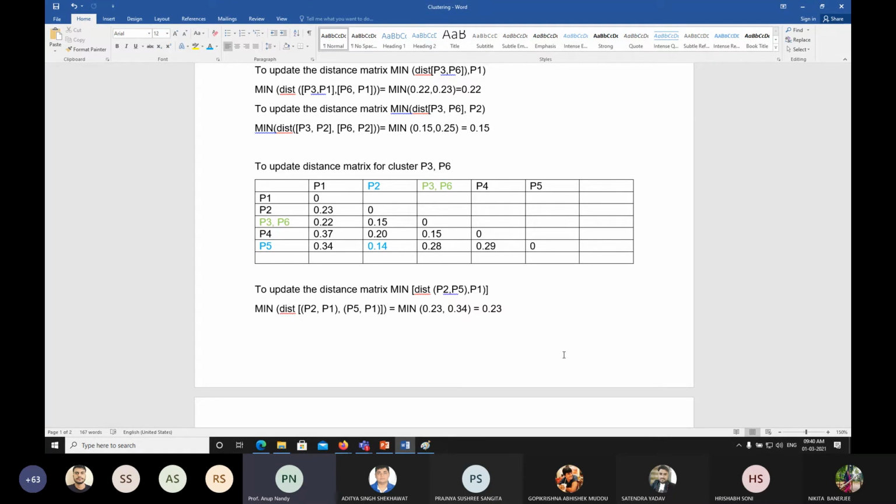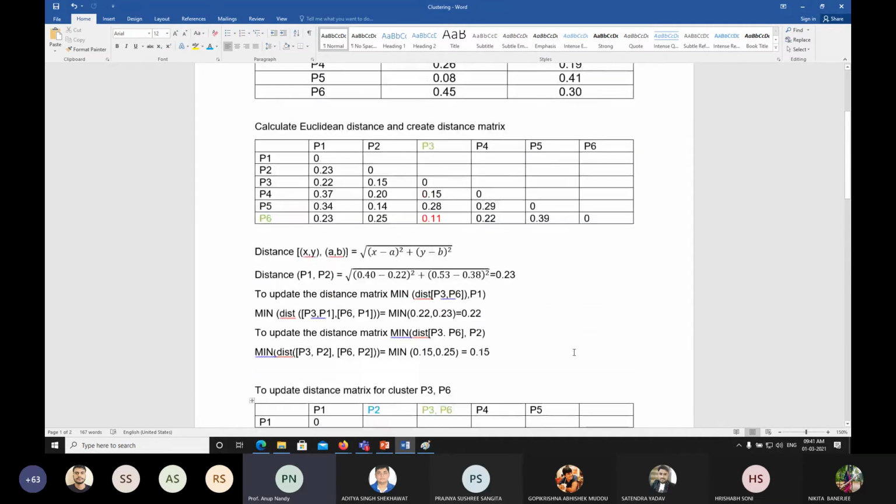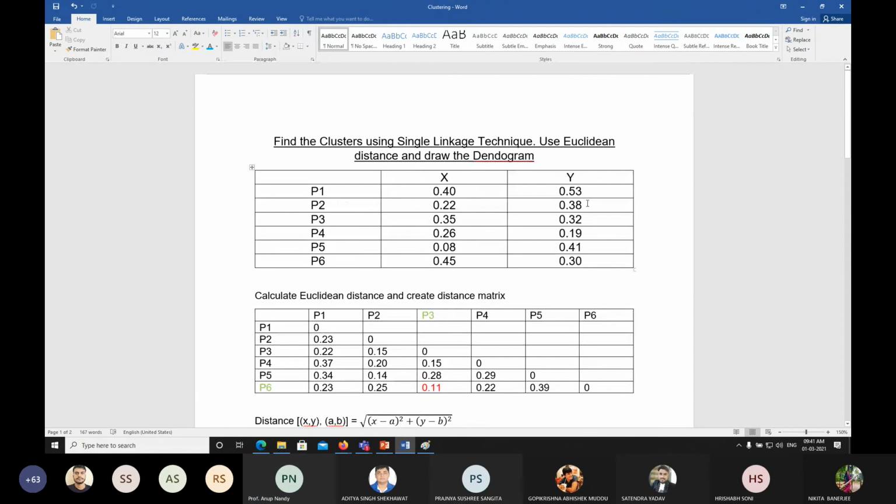And in this lab, Julita will give you one assignment on this dendrogram. That is a very interesting thing: how to draw a dendrogram by using your coding. So this is the methodology that we used to follow. So these are the things.